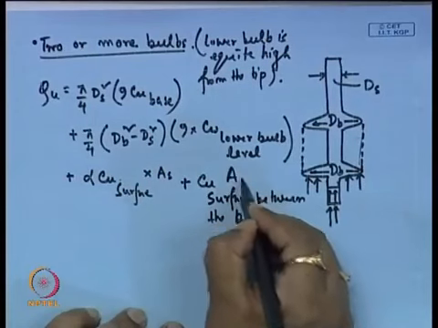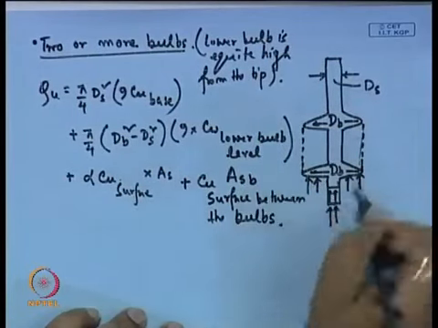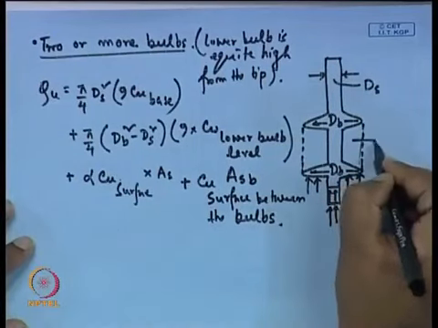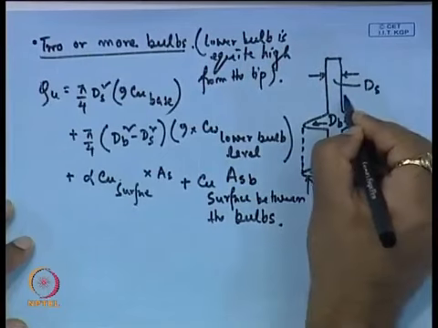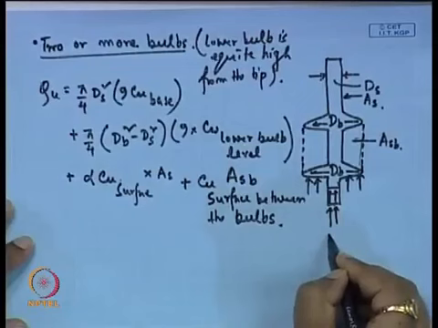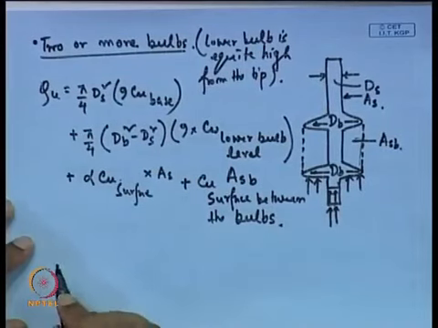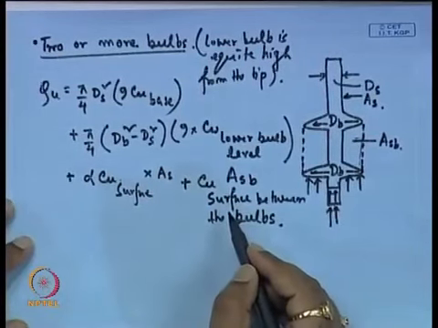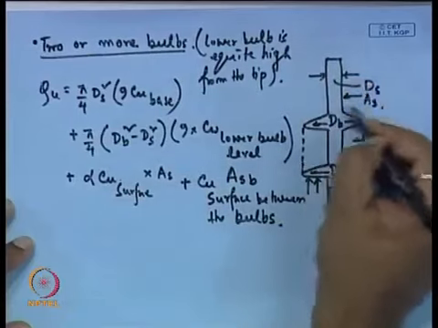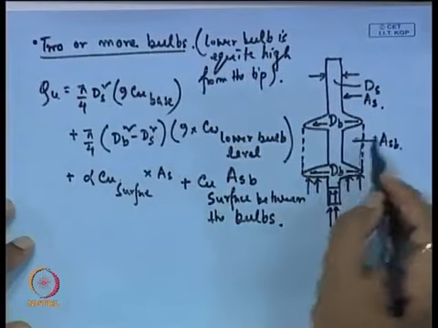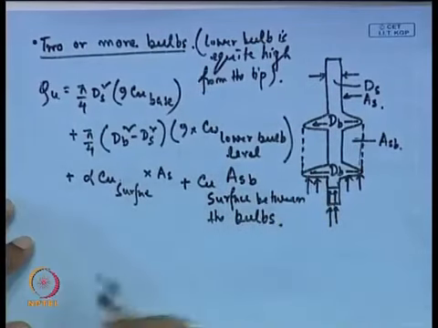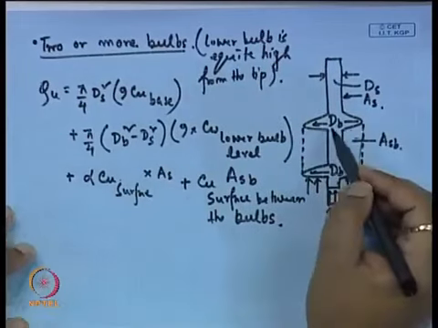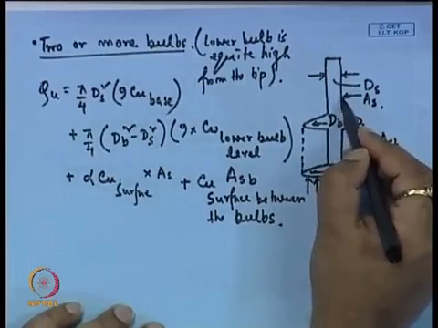Then we will get the surface A_s at the bulb between the bulbs. This area is A_sb, here this is A_s, this is the base and this one the enlarged portion. So, again when we calculate the Cu dash, we take the average coefficient during this shaft, and the average coefficient for A_sb, the surface between the two bulbs; here this is the average coefficient in this region. So, again when we calculate this A_s, we neglect the 2ds length.